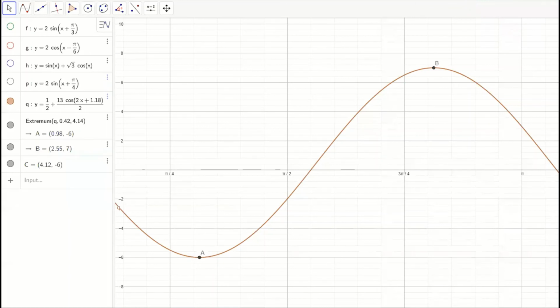Just to finish off this question, I thought I'd show you the graph of the function we've just been talking about. So it's defined over here. It's a half plus the 13 cos, it's x in this case, because it's on GeoGebra, 2x plus 1.18, all over 2. You can see the maximum at the point B here. This is the closest maximum or the first maximum you get between,